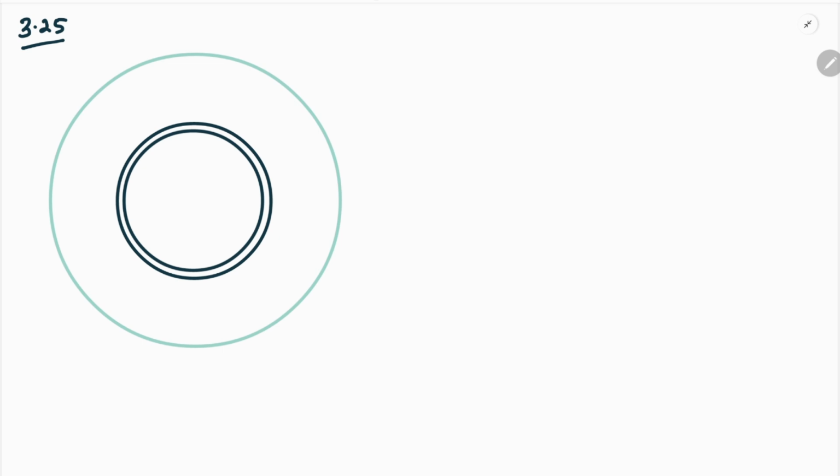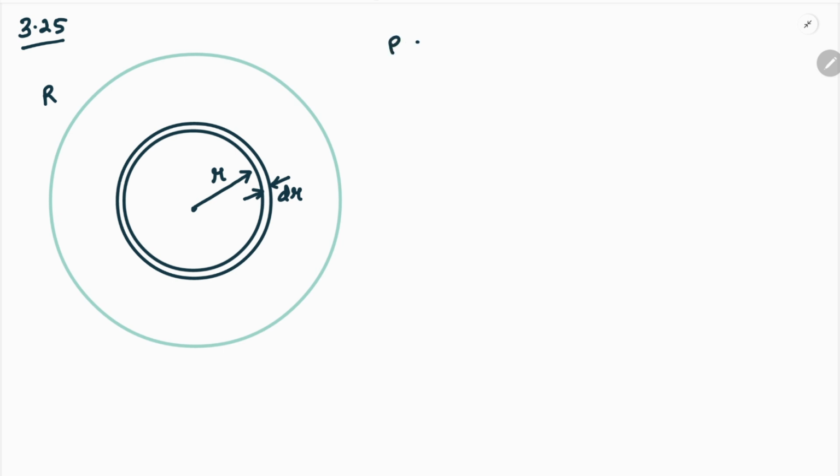So over here we have considered a ball of radius capital R, and at this distance small r from the center we are taking a thickness dr,